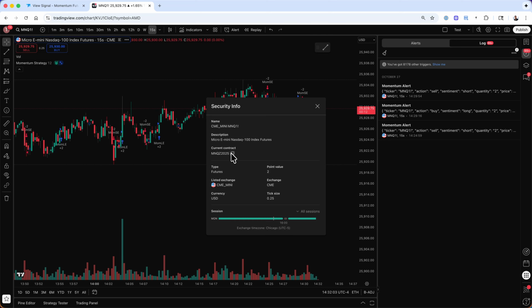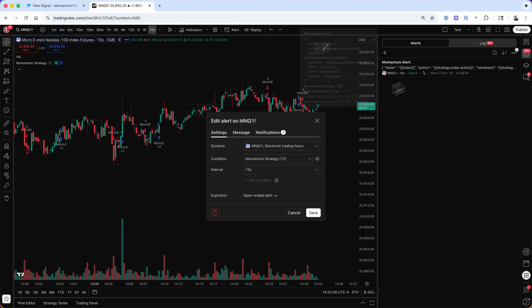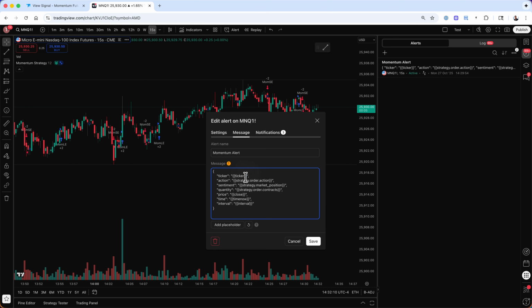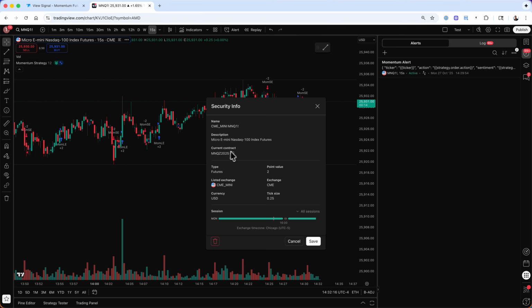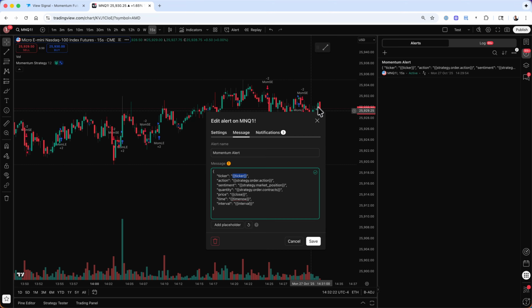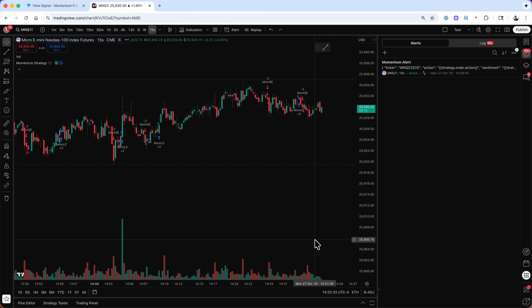So if I wanted to hard code this contract, instead of using the ticker variable, what I would do is, if I check it again to be safe, click security info, the current contract is MNQZ 2025. I'll copy that, X out here, and I'll delete everything inside of the quotes on the ticker area and paste in this symbol. And if I save it,